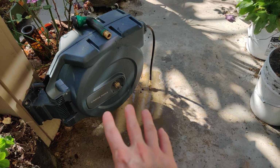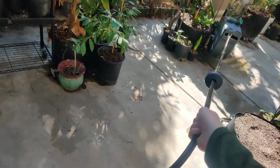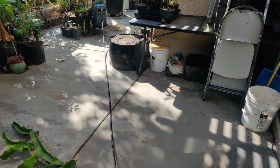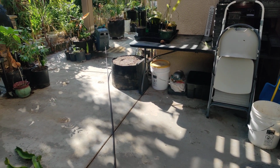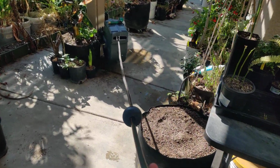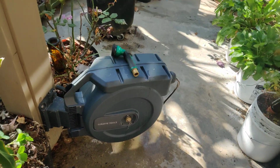But that's my hose reel. I freaking love it. Just to show you again, you can pull this thing all the way around the house, and just for the heck of it, I have pulled the entire thing out just to see how much it was going to be, and it took me a while to pull it all the way out of the reel, and then took me a while to feed it all back in. So it's not something I utilize very often, but I wanted to have the option if I ever needed that much length,